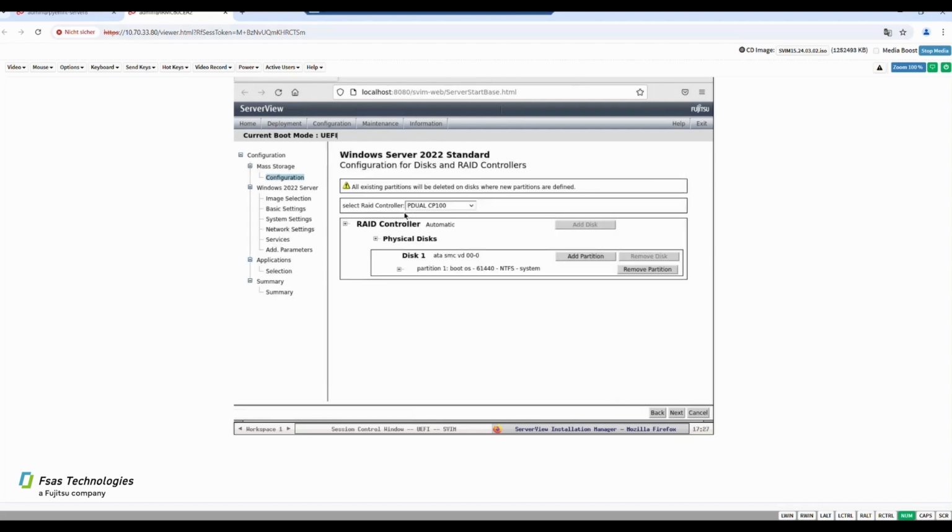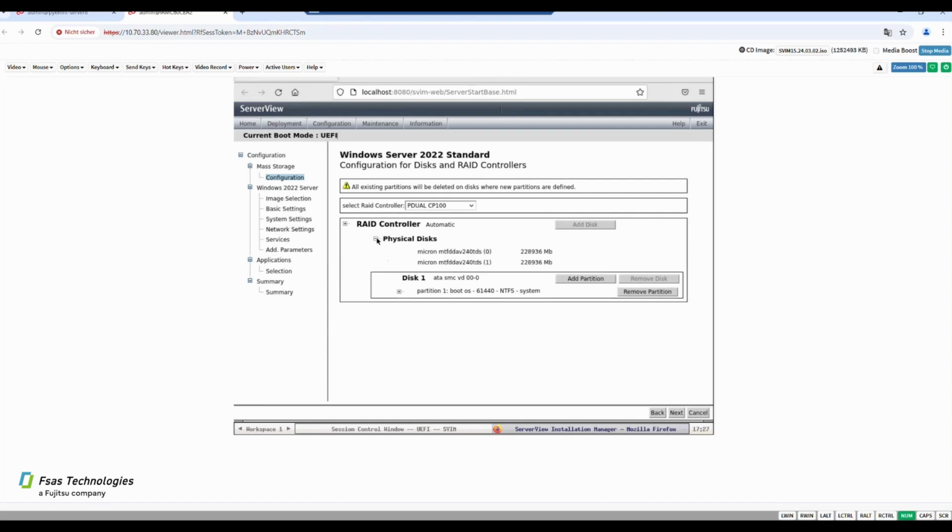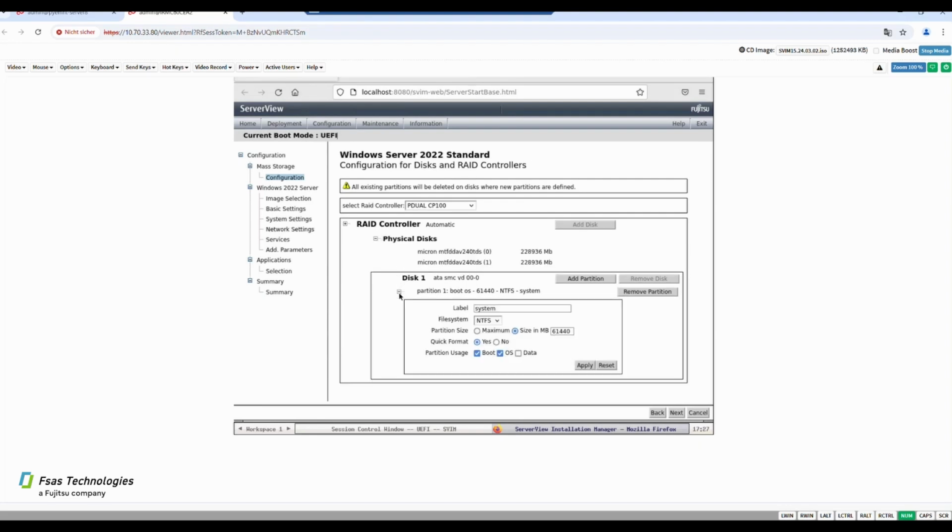Choose the drives you want to use for the booting OS, in this example, M.2 SSD on the CP100 RAID controller, which is used for RAID 1. Otherwise, choose your drives where the OS should be installed. Click Next.